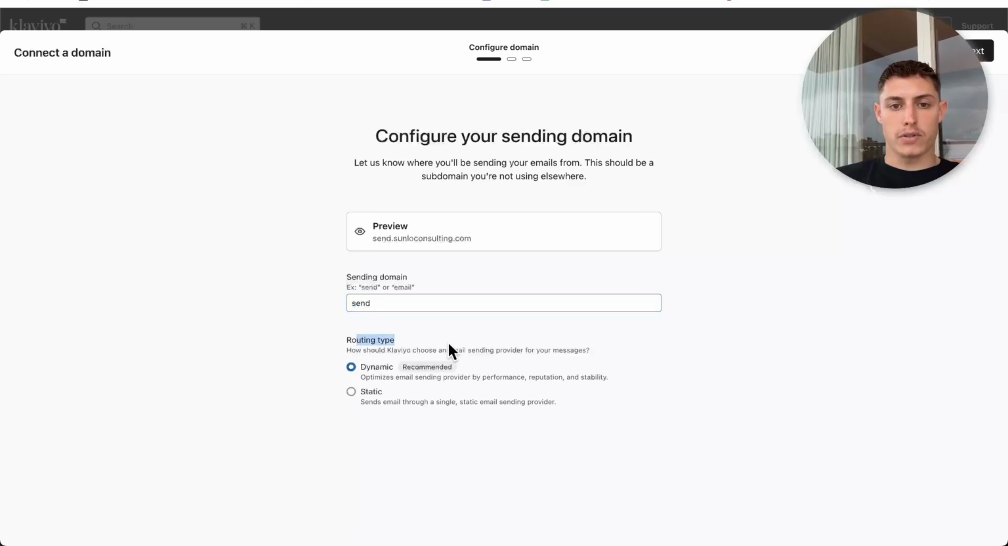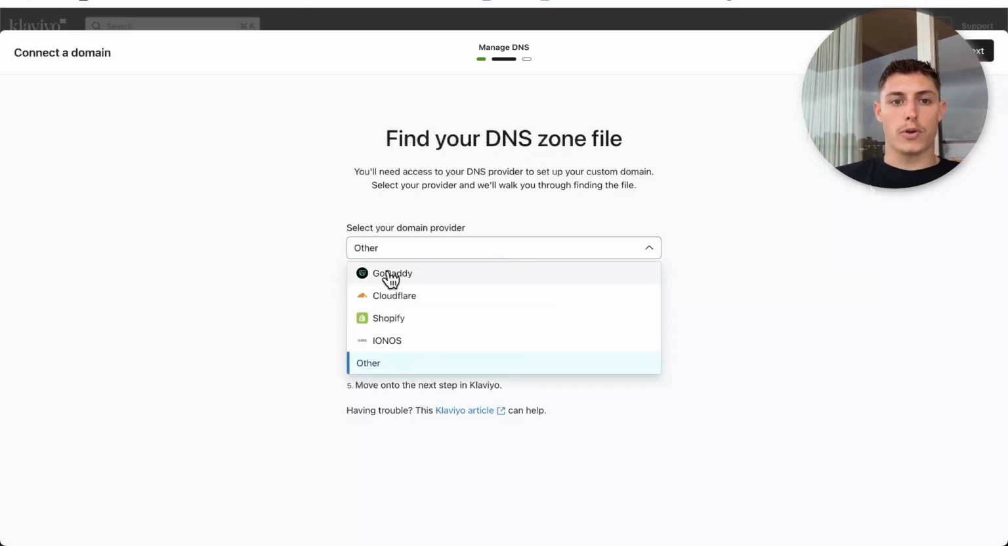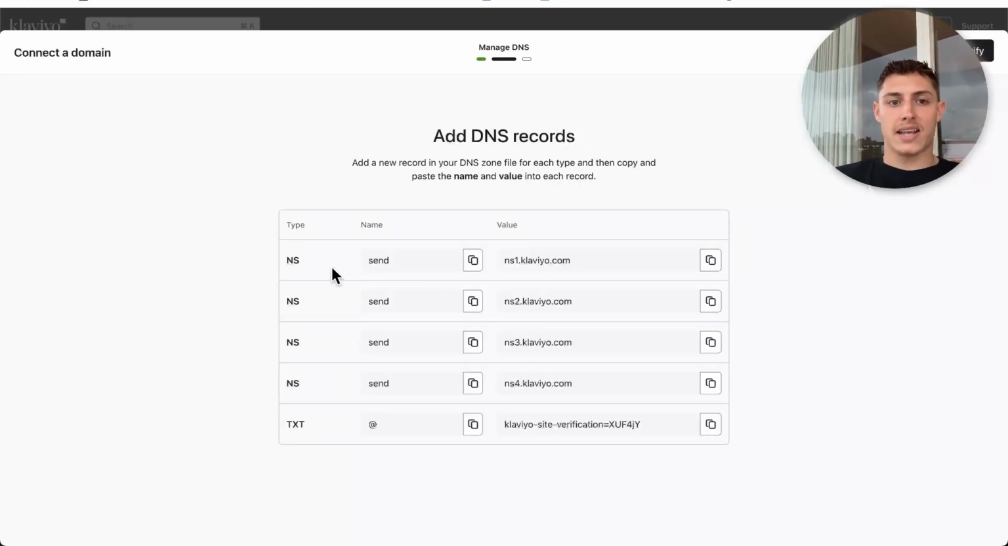For the routing type, don't worry, we can change this at a later date, but I would always recommend dynamic. Now, we want to find your DNS zone file, so choose your domain provider. You've either got GoDaddy, or maybe you're with Shopify, which is most common. If you have either of these two, you're in luck. It's pretty straightforward. You click this and it'll do it automatically for you. But if you're not quite as fortunate as I am, I'm going to show you how we can do this manually. So for now, we're going to select other, click next,